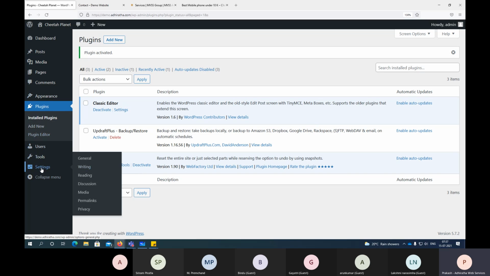Earlier, Updraft Plus is added in settings, but in settings WP Reset is not coming up, right? So where should it have been added? In tools. So if in tools, if I'm seeing, see, it is there. Earlier this is not there, right? In tools section, WP Reset was not there. Now it is there. Now let me click on the WP Reset.